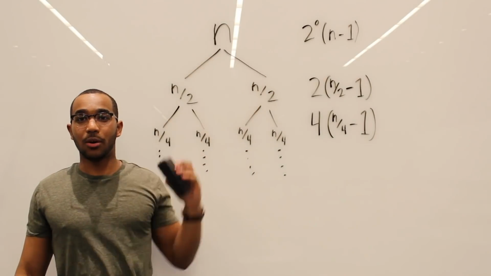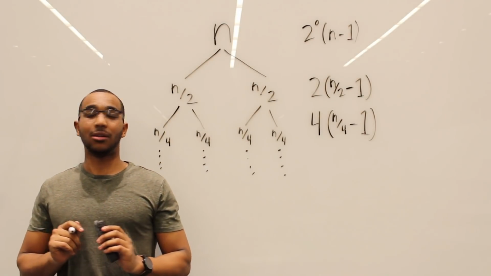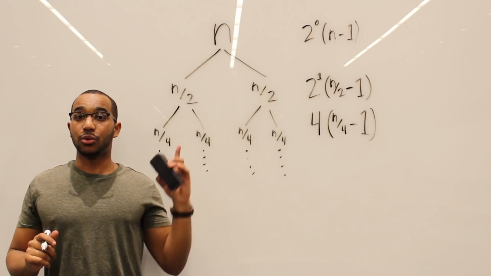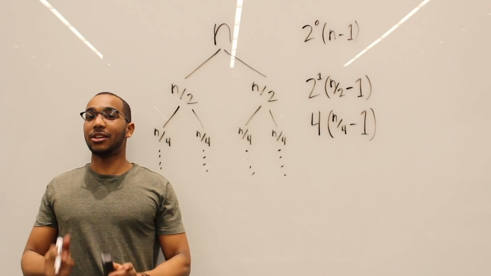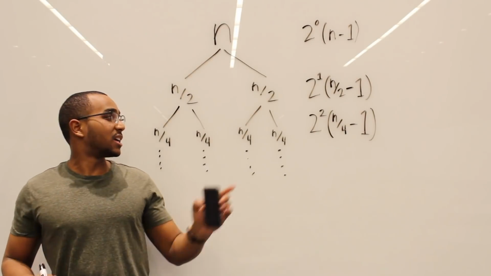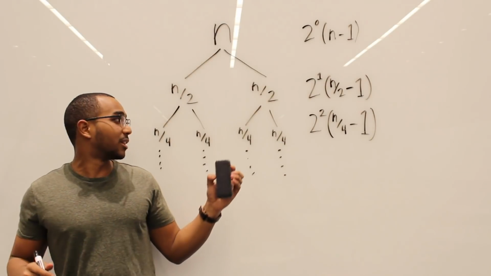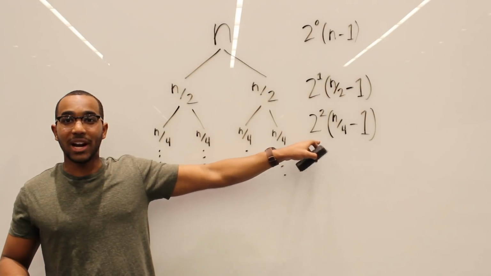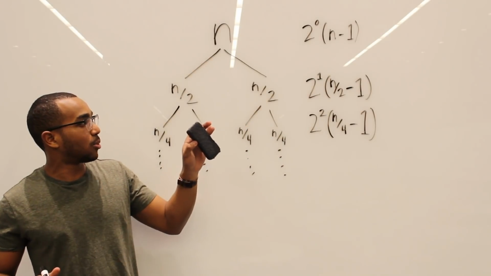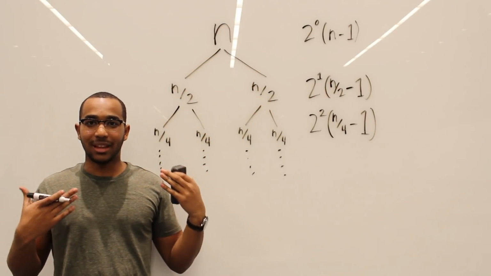What is 2 to the 0? It's going to be 1. Would you disagree with me if I did this right now? 2 to the 1 is 2. 2 subproblems, level 1. Would you disagree if I did this right now? 2 squared is 4. I expressed that as a function of the level, and now we have 2 to the 0, 2 to the 1, 2 squared, and now I want to re-express these n's in terms of what level they're sitting at.